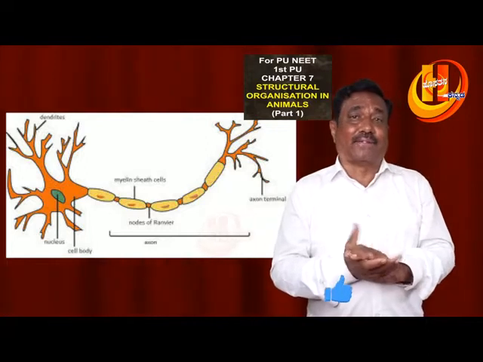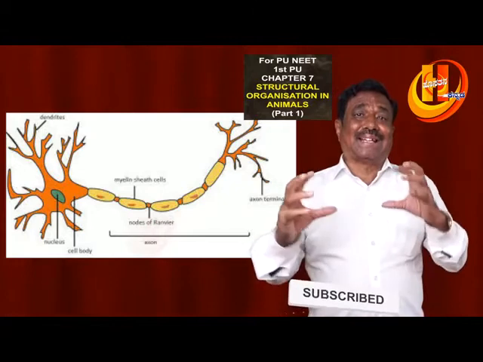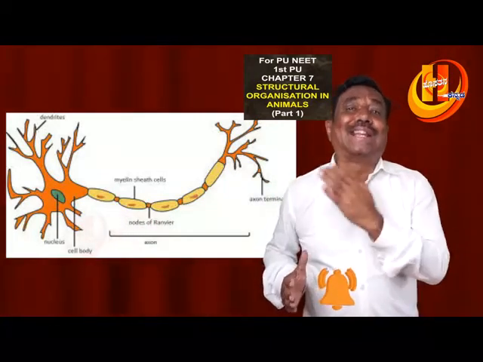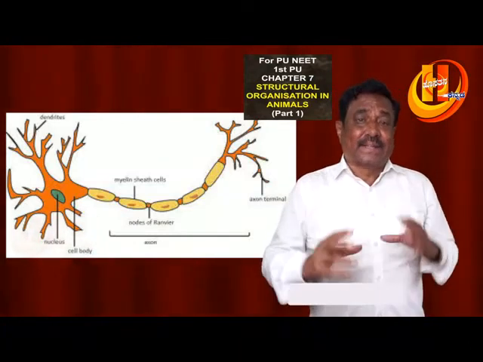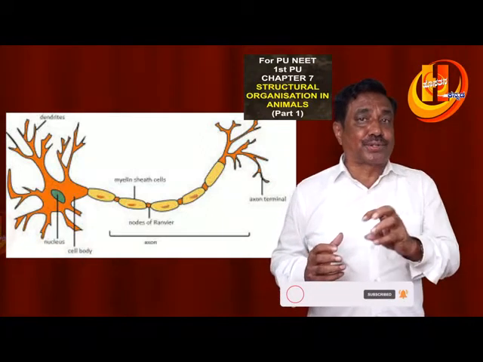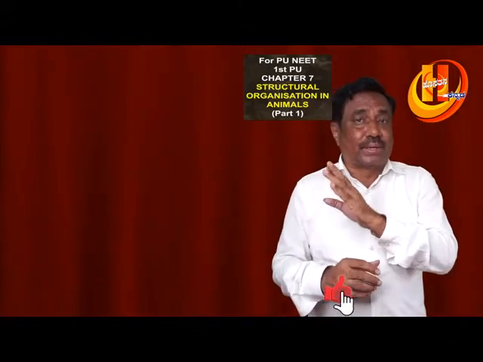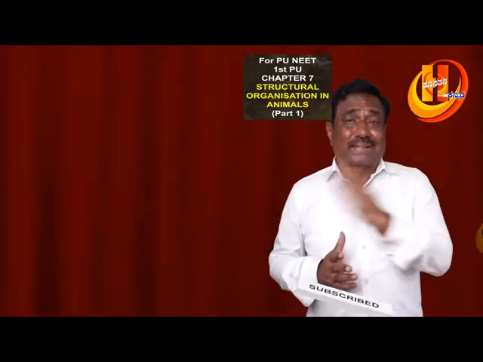Neuron is the unit of the nervous system, and neurons are bundled to form cells called neuroglial cells. All these things are very important. And a group of cells together constitutes tissues. A group of tissues further gives rise to an organ. Organs give rise to systems. Systems give our body. So these are all the things.